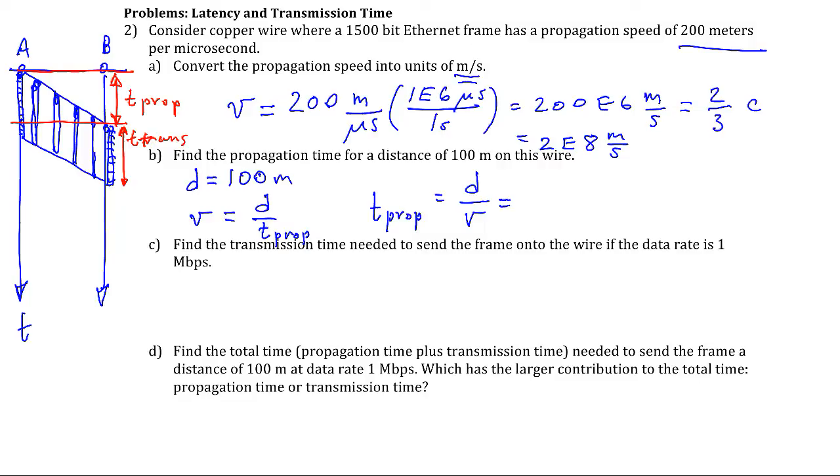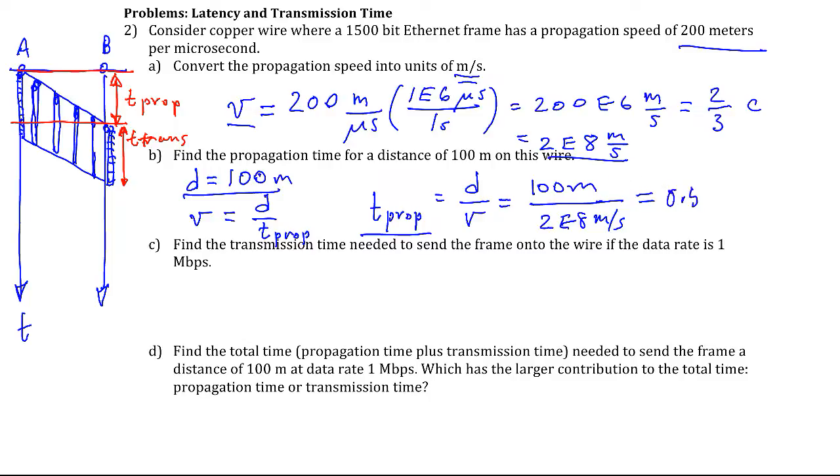And now you see I'm following my good problem solving practices by writing out the whole equation, making sure I've got all the variables labeled with numbers, with units, and I can finally plug in 100 meters over 2 times 10 to the 8th meters per second. And my meters are going to cancel out, and my seconds are going to come up to the numerator to give me a time. And this is 100 divided by 2 is 50e to the 8th, 50e to the minus 8th when I bring that up, or 0.5e to the minus 6 seconds,